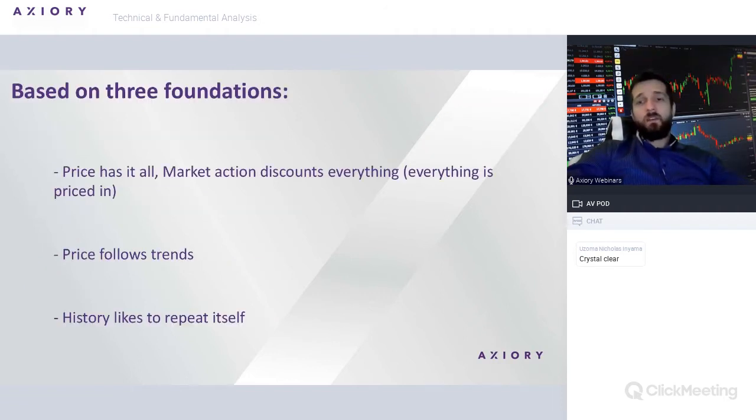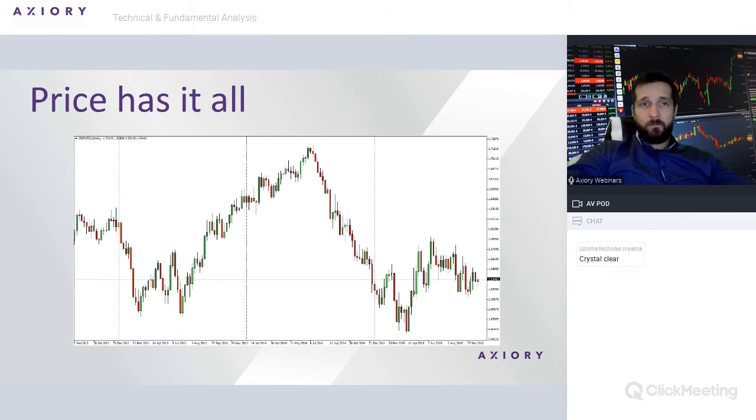I told you at the very beginning that it is based on three foundations. So here they are. So price has it all. Market action discounts everything. So everything is priced in in the market. Second one is that price follows trends. And third one is that history likes to repeat itself. And don't worry, I will explain you everything. So price has it all. It means that